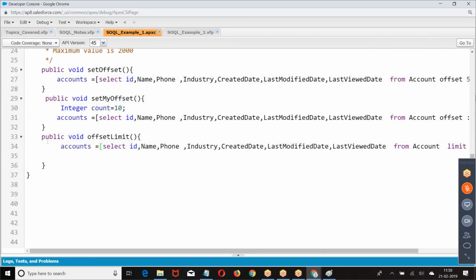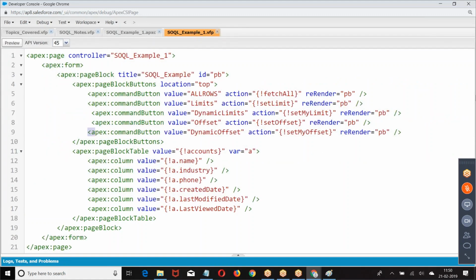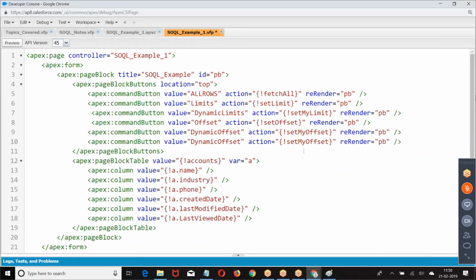If you want to take a combination, it should be limit followed by offset. So I can reduce the size if I want.